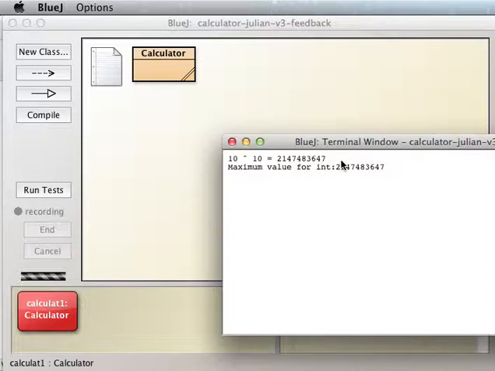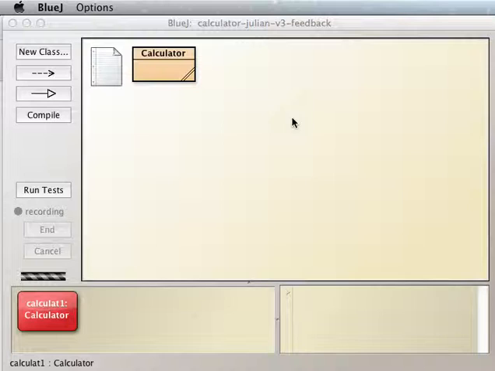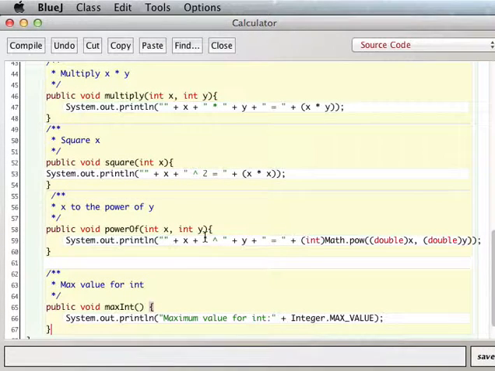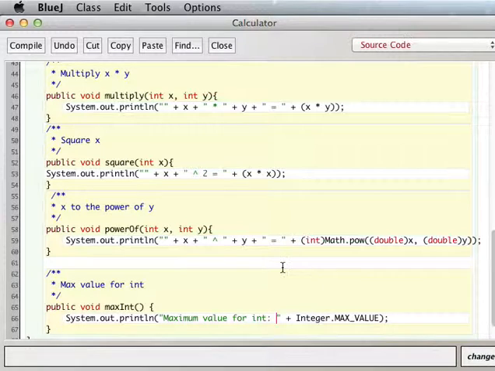is that. So basically what's happening is you're saying 10 to the 10, and it's just sticking in the biggest number it can give you. It can't give you a number that big, so it gives you the biggest number that it can give you. So what you could do is, actually there should be a space in here, that'd be nicer. What you could do is have a check to make sure that,